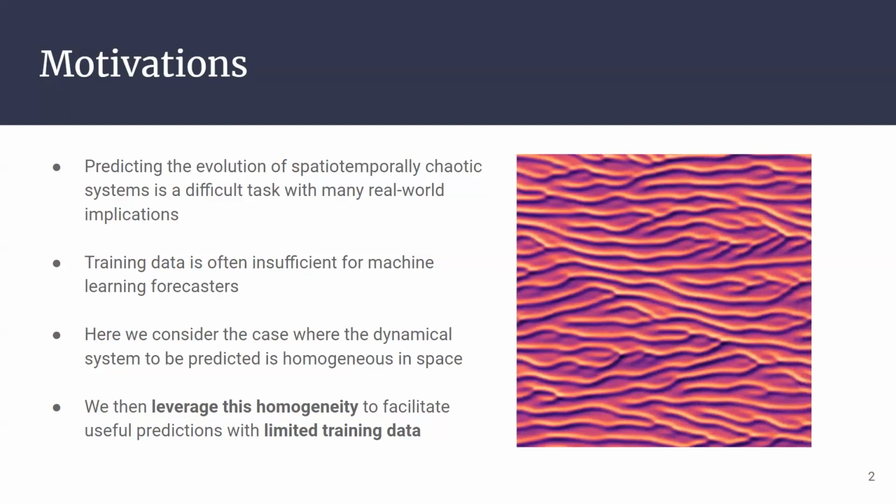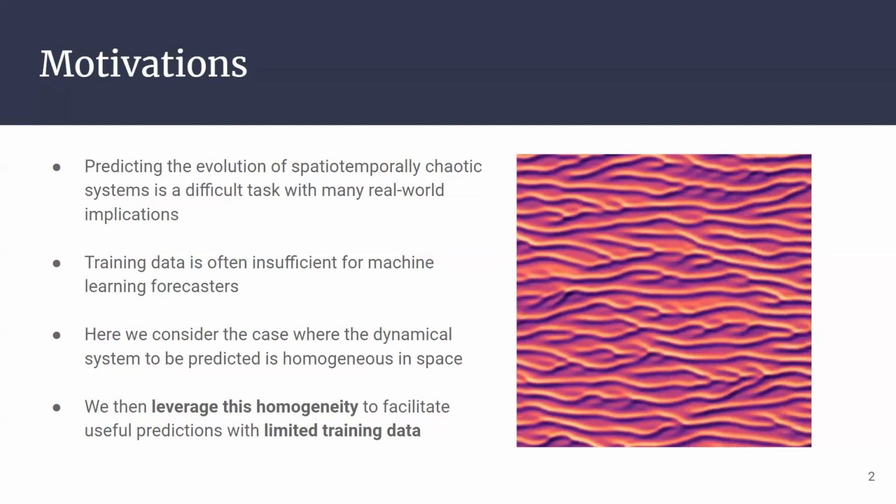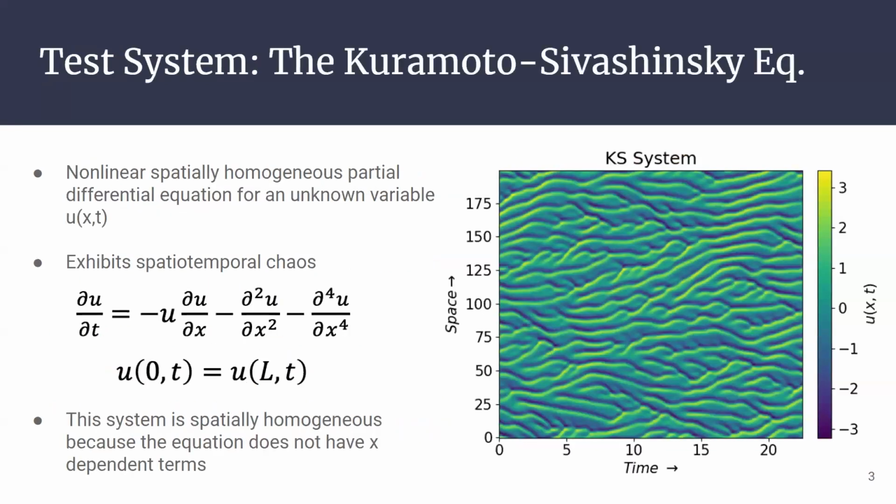And we're using the Kuramoto-Sivashinsky equation, which is seen evolving in time here. This equation is a nonlinear spatially homogeneous partial differential equation used in plasma physics, fluid dynamics, and flame propagation. Something important to know is that this homogeneity happens because no term explicitly depends on position. So the overall global dynamics are the same throughout the spatial region. However, due to the initial conditions, there are some differences, as you can see here.